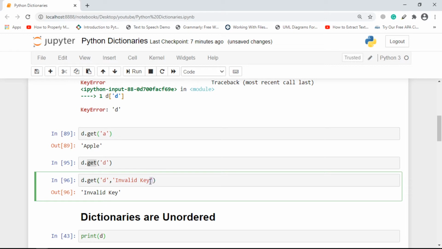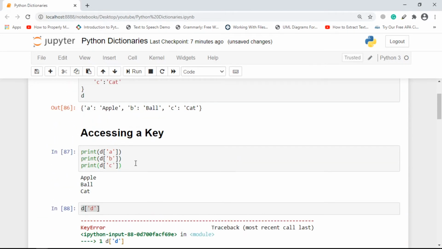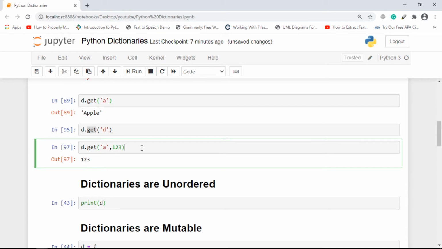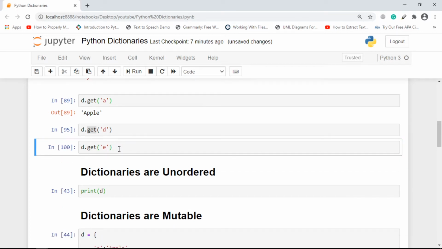It's not mandatory that it be a string or any particular format. I can put some number here. If we go for A, which is present, we get the value of A. And if we go for E, as E is also not present inside the dictionary, it will provide us with 1, 2, 3. If we eliminate this, we get nothing.